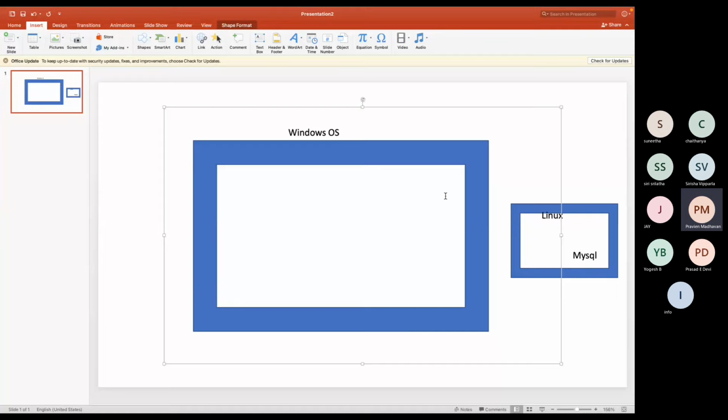But I am asking you to run this MySQL on the Windows OS because I only have Windows. Linux is my friend's computer. There, MySQL is running. So I want to run MySQL on my Windows OS, because I only have Windows. How can I run it? First step, either I can